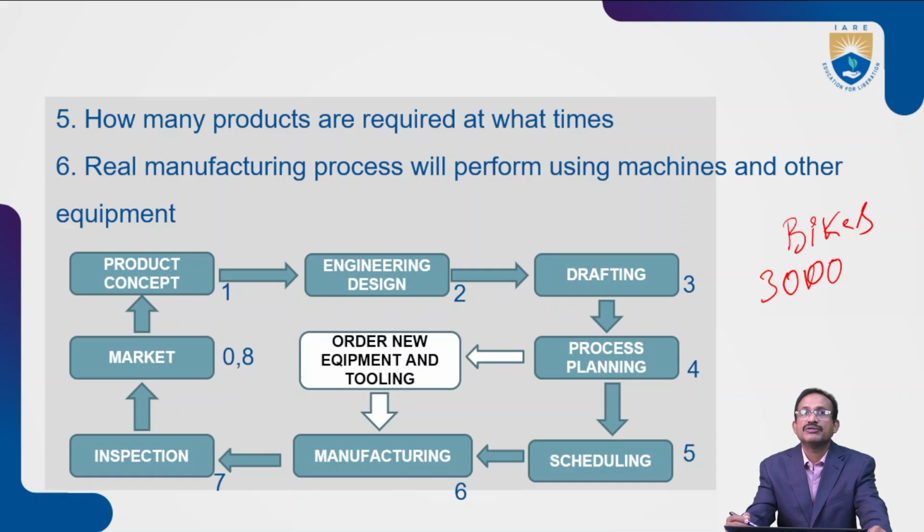So totally 3000 units are required. Scheduling department people will give the instructions regarding how many products to be delivered. That means how many products to be manufactured in the stipulated time. Maybe on a weekly basis, monthly basis, day wise, quarterly, half yearly, or yearly basis. Next, after that information, the manufacturing people will study thoroughly, based on the scheduling department and